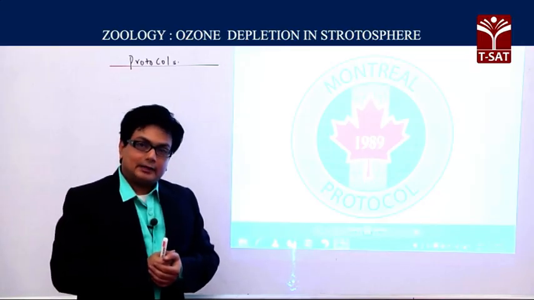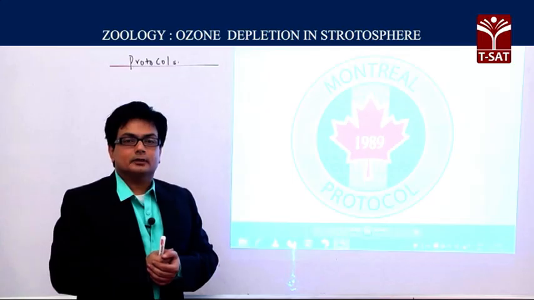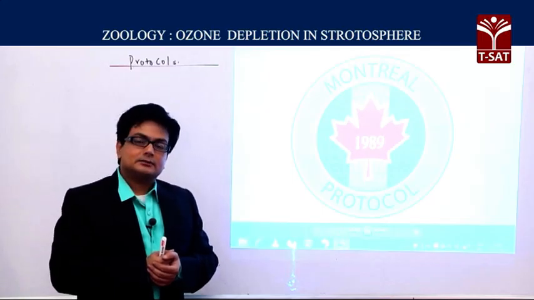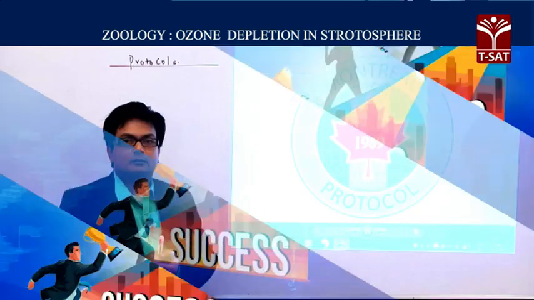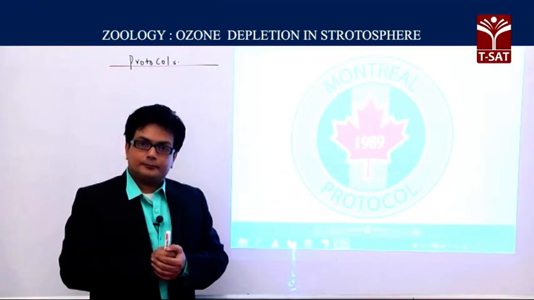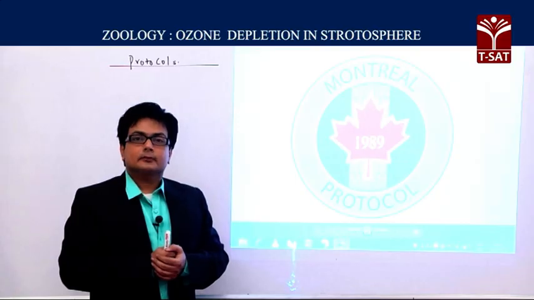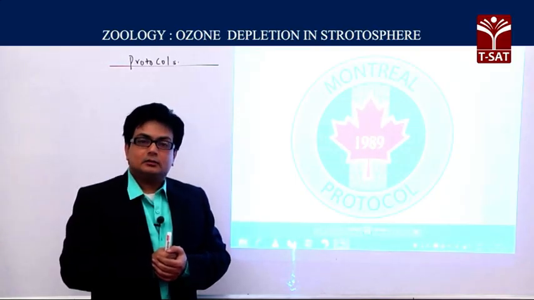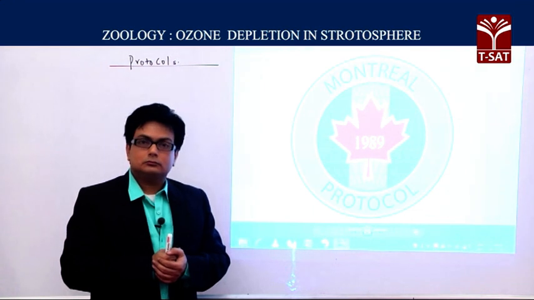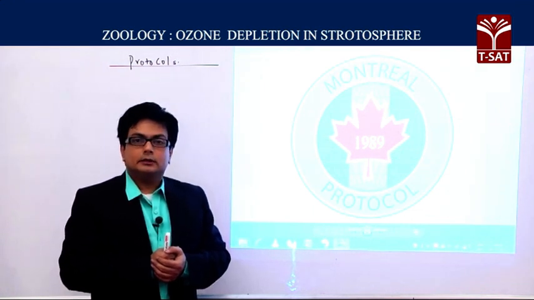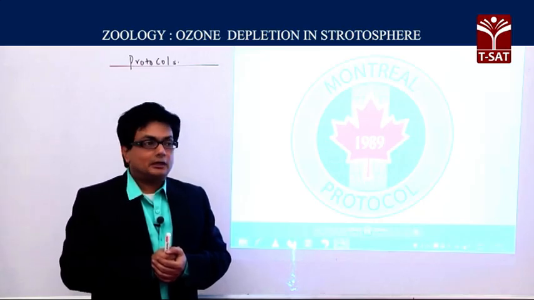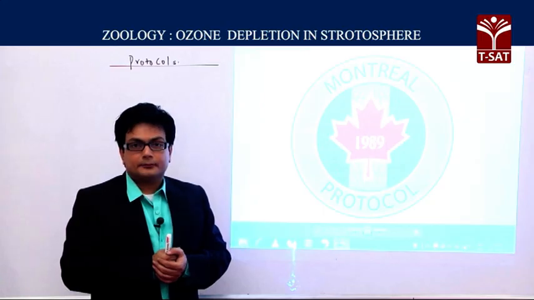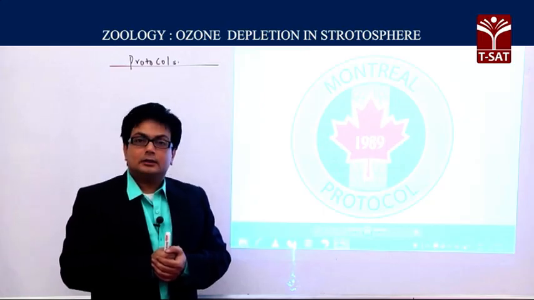The very idea of this protocol is to minimize the release of chlorofluorocarbons and other ozone depleting substances into the atmosphere. So this brings us to the end of a small subunit which highlights the ozone, good ozone, bad ozone, the release of chlorofluorocarbons and how the chlorine atom behaves like a catalyst in depleting the ozone,